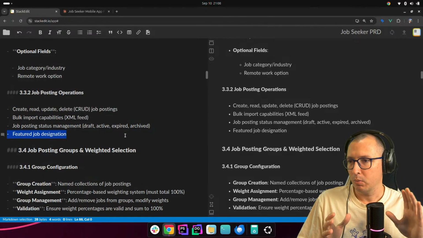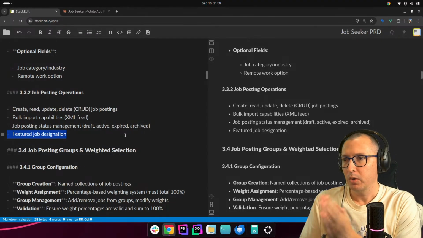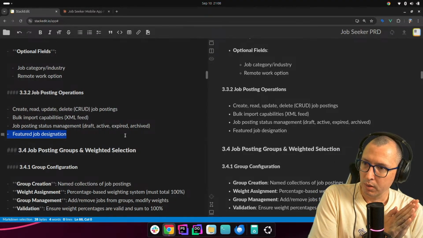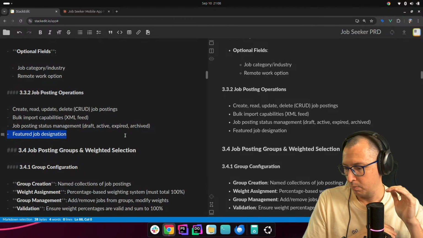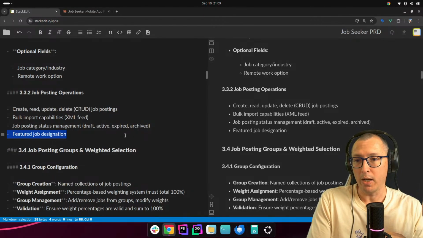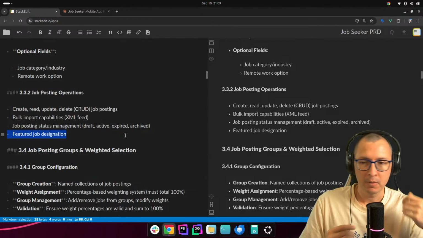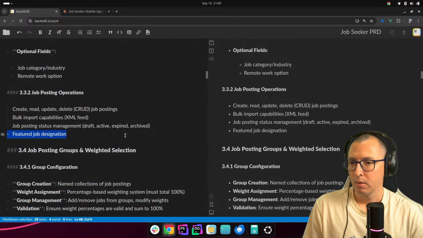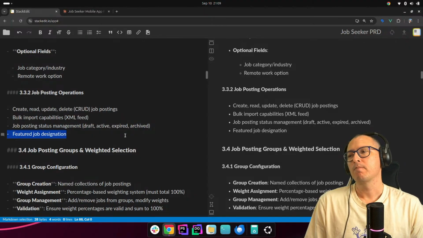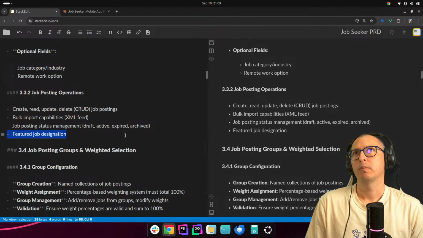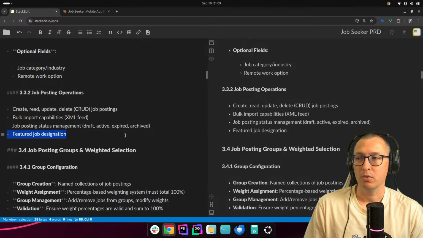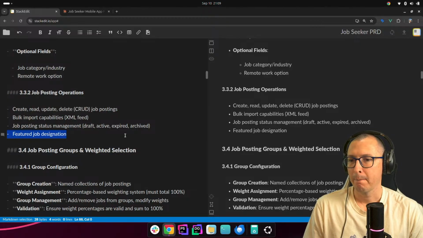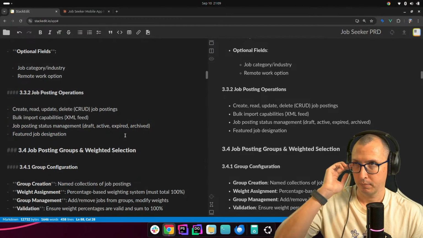All of the jobs that we have are going to be grouped in mixes, and we're going to give weights to those jobs. So it's not going to be just one feature job, or it could be. Now that I think about it, could be an extra. All right, I'm going to leave it in for now.